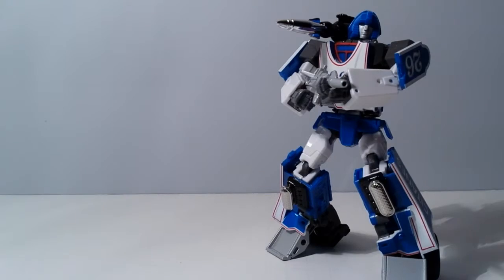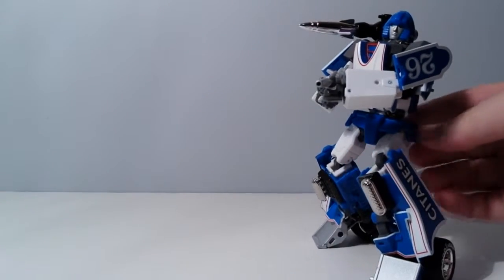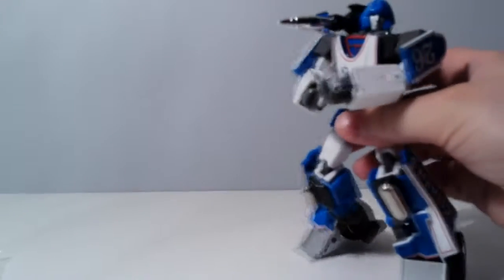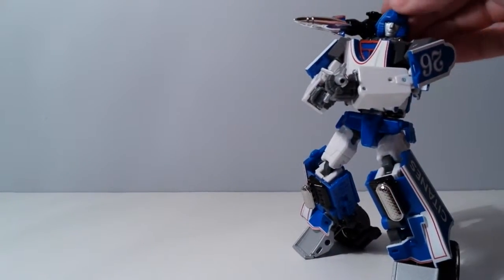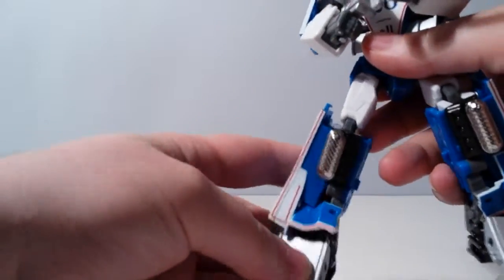So Sphinx. Sphinx is an excellent figure. This is the alternative version, 1A. The lighter blue is, I think, the only difference, as far as I know. He does come with an alternate head. But anyway, I just want to show you about the legs because